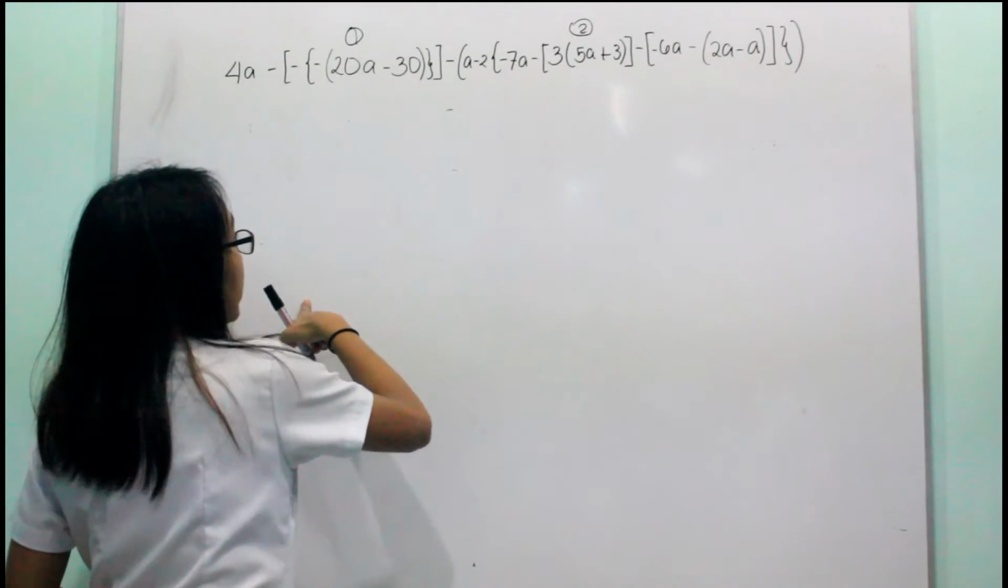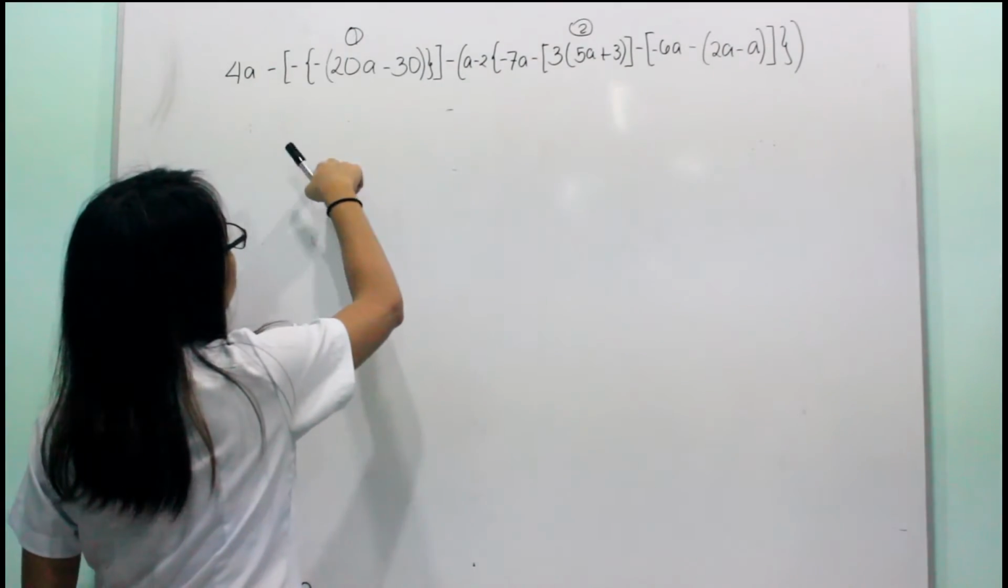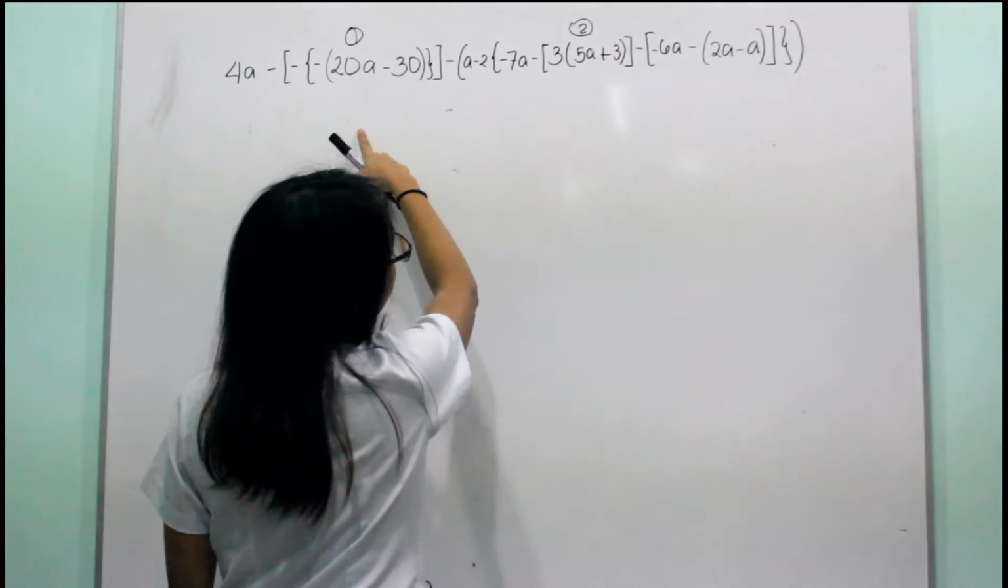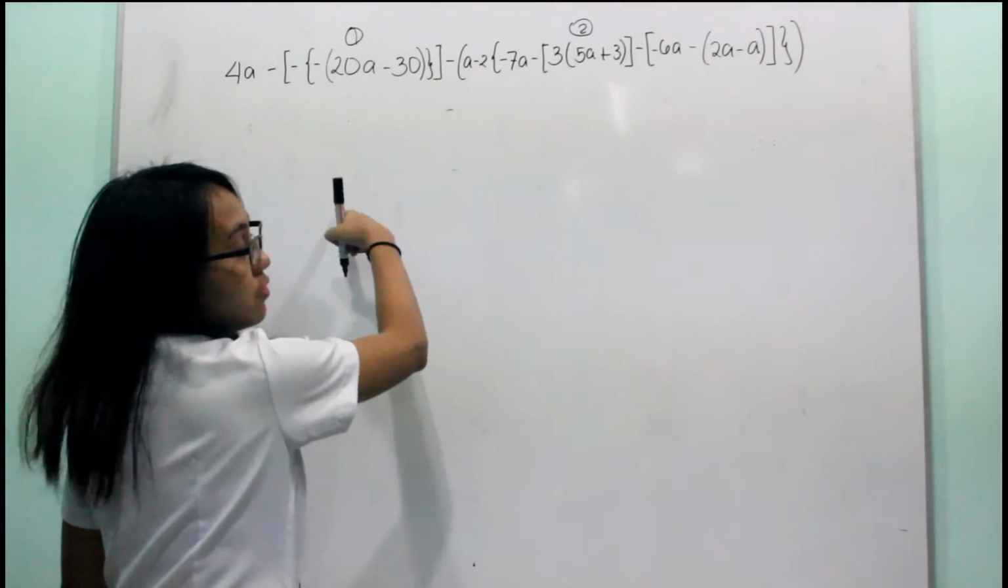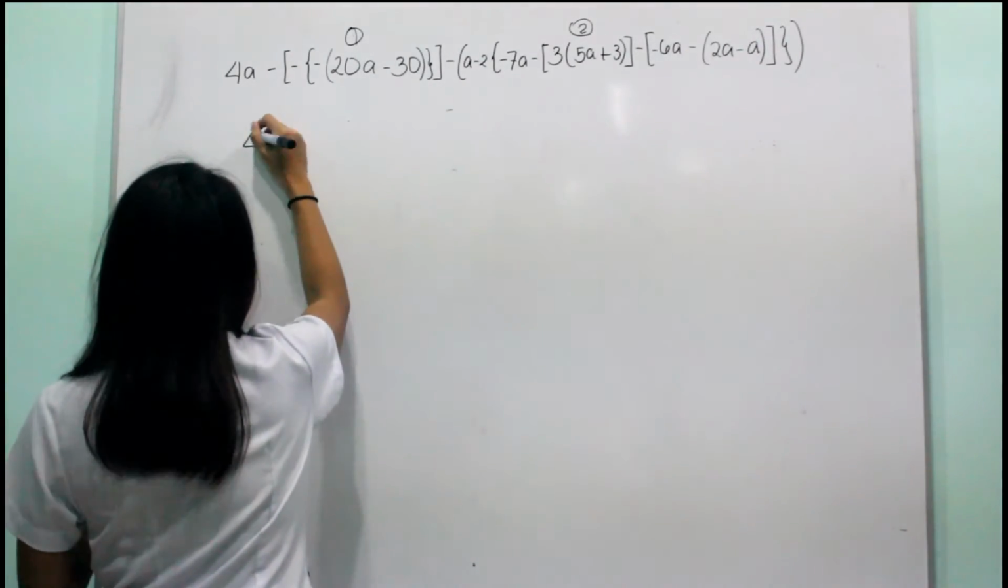For the removal of grouping symbols, you have to observe if you can label it as 1 or 2 so that you won't be confused when you perform the operation. So for A,